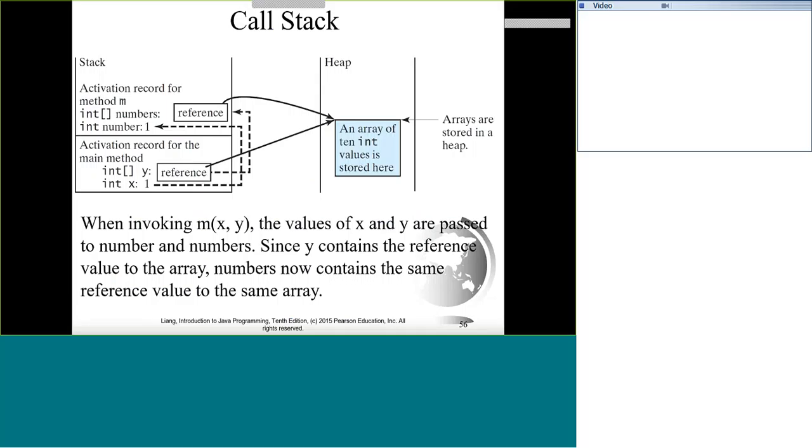So when we invoke the M method and we pass it x and y, the values of x and y are passed to the number and numbers, the corresponding variables in the M method. Since y contains the reference value to the array, numbers now contains the same reference value as to the same array. In looking at this in the stack, we do know that